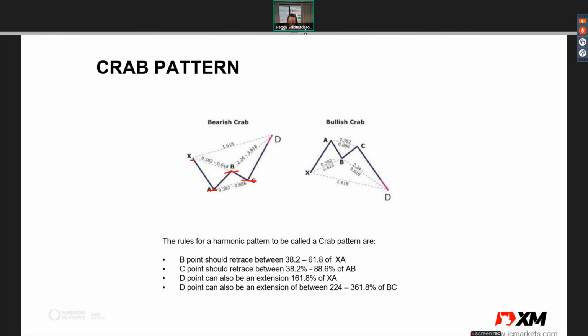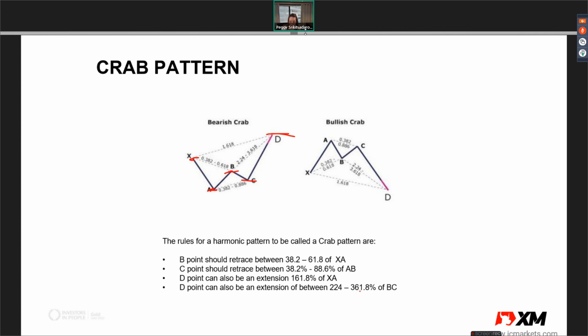Okay, and how are you going to get the D point? You can use Fibonacci extension of XA, which is you draw from here to here, and then you get this point, which is 161.8% of XA, or you can use BC extension